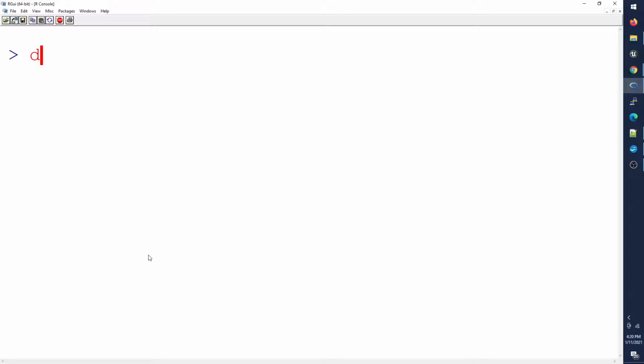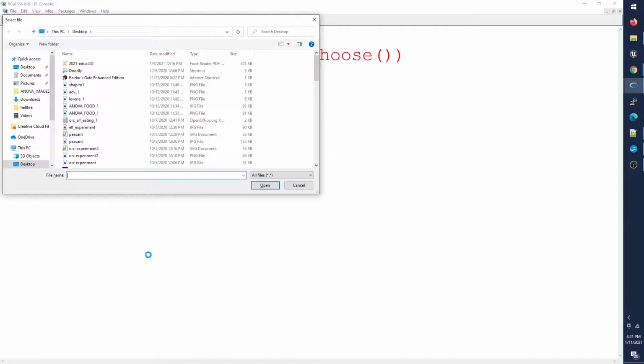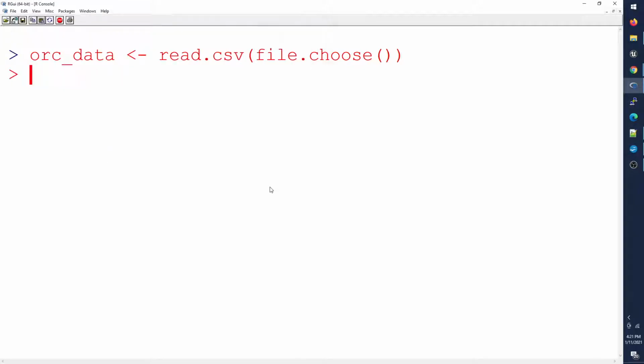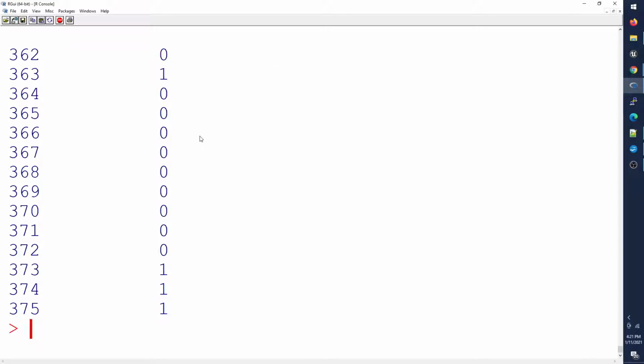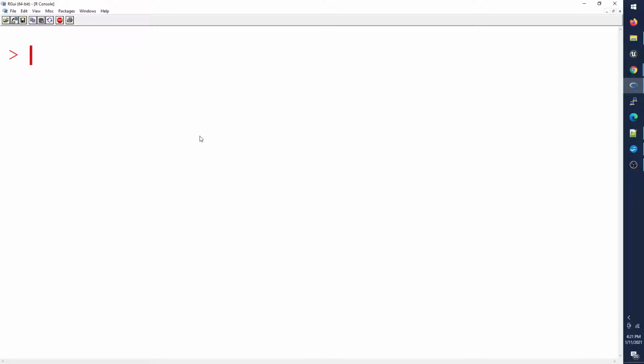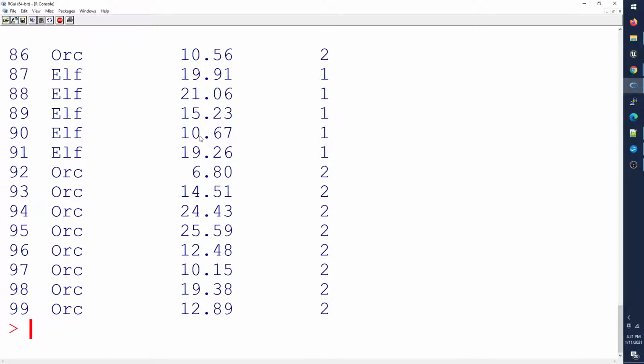So again, the name of the data doesn't have to be D. I can call this orc data if I want to go load orc data. Read.csv, open parentheses, file.choose, open close parentheses, close parentheses. And here's orc data. Open. So now D will load the weightlifting data I had before, whereas orc data, if I spell that correctly, will